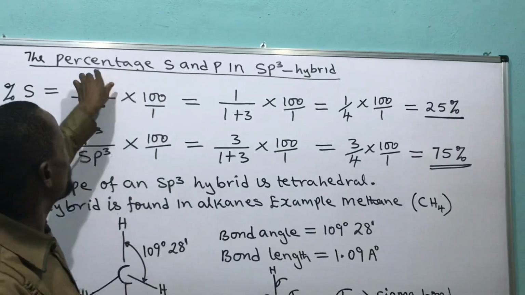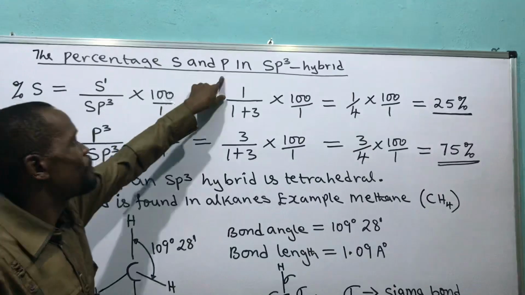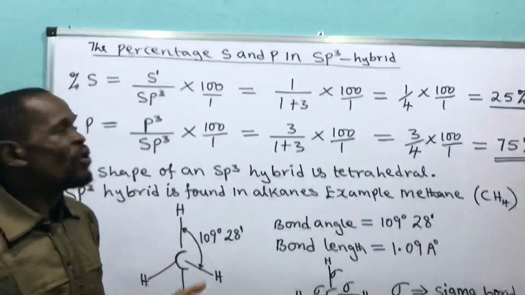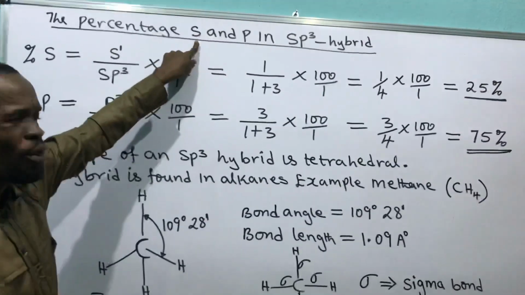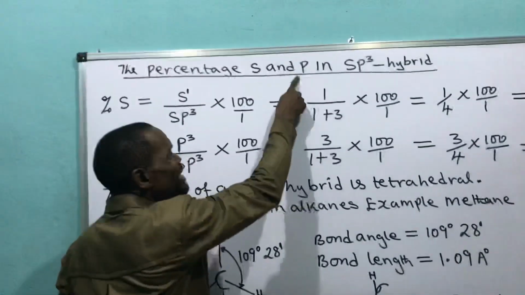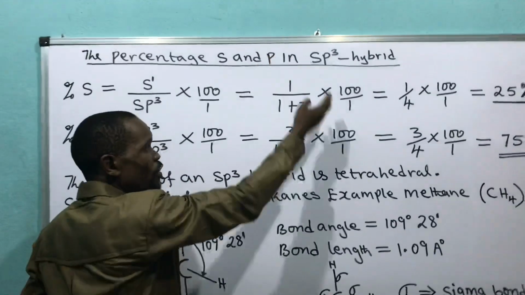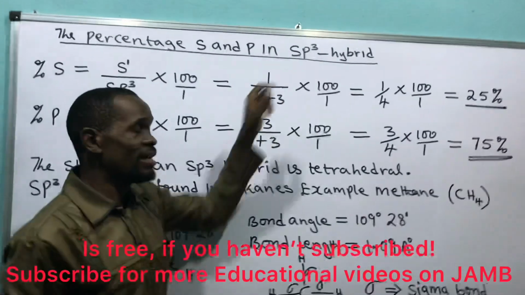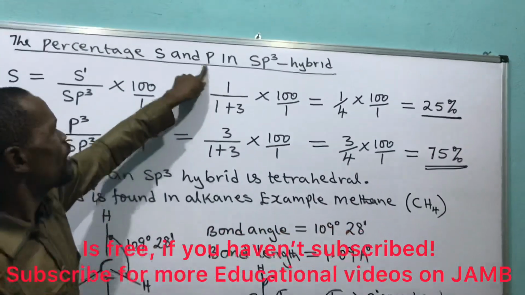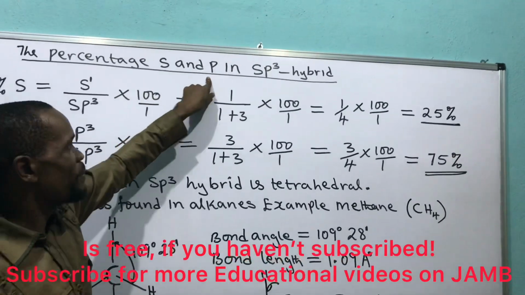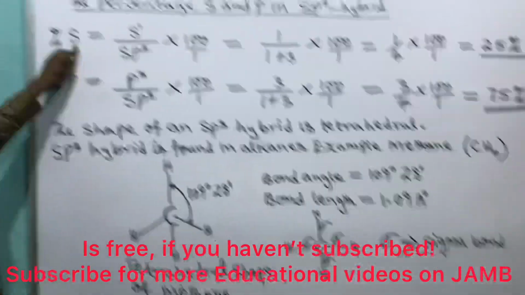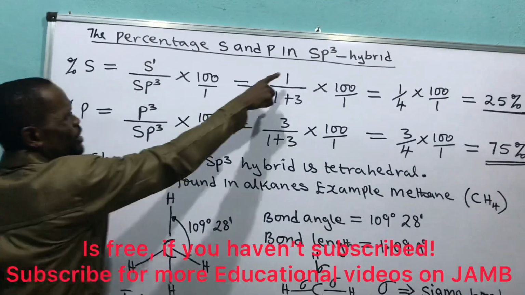sp3. The percentage of s orbital and p orbital in sp3 hybrid is what we want to look at now. We want to look at the percentage of s orbital. You know that we say 2s orbital mixed with 2p orbital to form what we call sp3 hybridized. So we want to know the percentage of s and p orbital in the sp3 hybridized. And I said percentage of s. Looking at it, we know that we are talking about